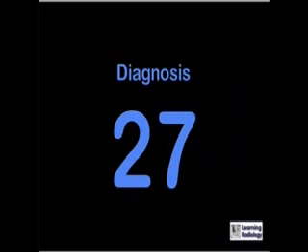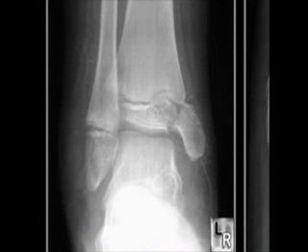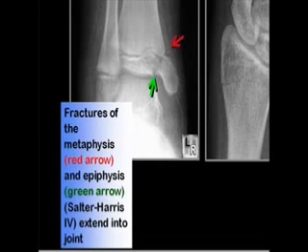There are two patients, one with pain in the ankle, the other with pain in the wrist. Why do they have pain? Well, the patient with pain in the ankle has a fracture that extends from the epiphysis through the epiphyseal plate and includes a portion of the metaphysis, shown by the red arrow. This is a Salter-Harris fracture, since it is a fracture through the epiphyseal plate, and this is a Salter-Harris 4 fracture. These are associated sometimes with a poorer prognosis because of angular defects that are